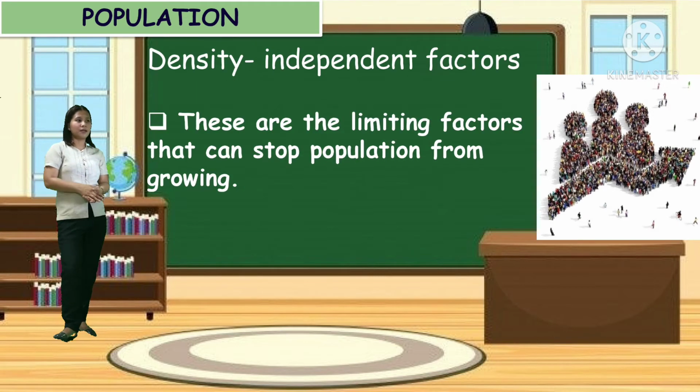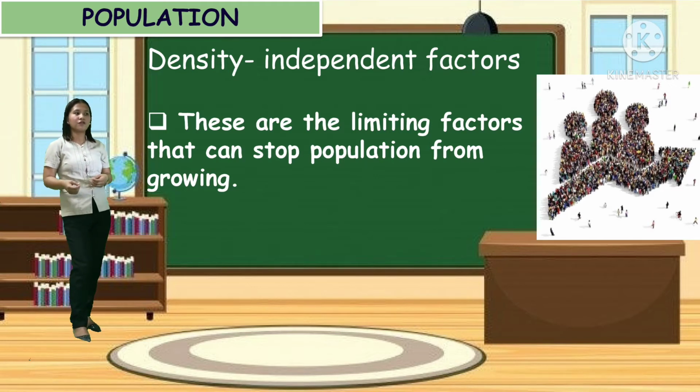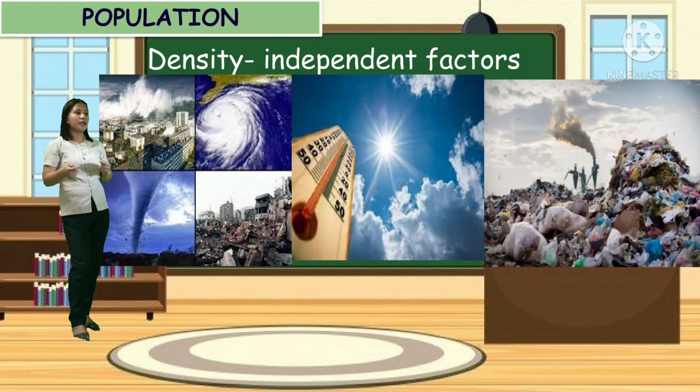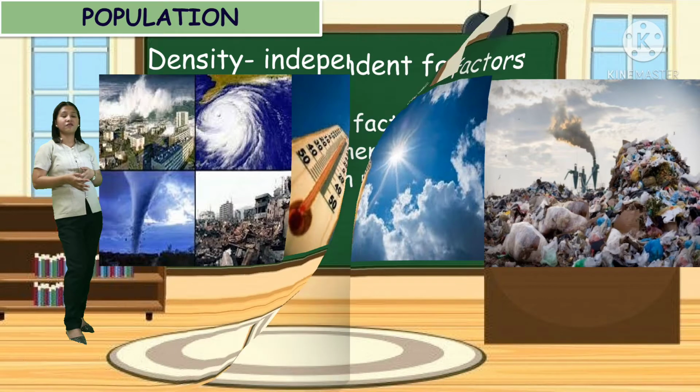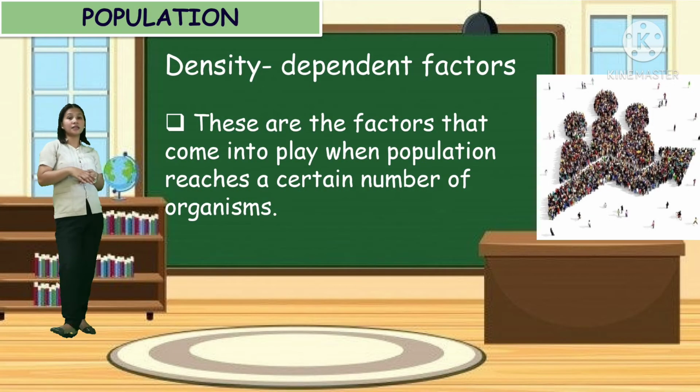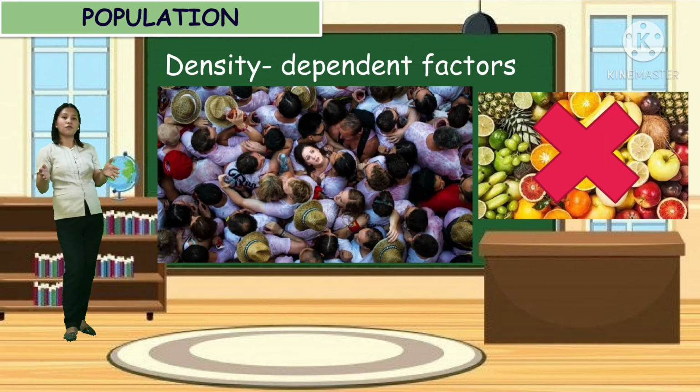So what are density independent factors? Those are limiting factors that can stop a population from growing. It can translate as natural disasters, temperature, sunlight, and the activities of humans in the environment. Number two is density dependent factors. Those are factors that come into play when a population reaches a certain number of organisms. So, for example, when a population reaches a certain size, there won't be enough resources for food, shelter, and water for all